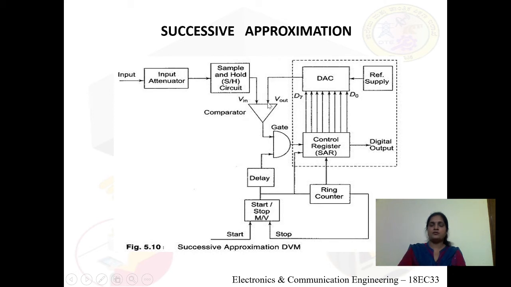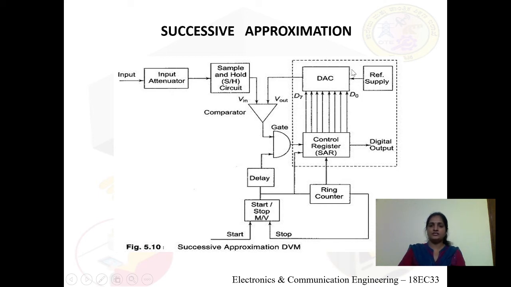and now the DAC will produce the analog equivalent value of bit D7. Now we compare that analog value with the input voltage. Until the completion of the setting of the D0 bit, that is the LSB bit, it will perform the same operation. Once the D0 bit, that is the LSB bit, is set to 1, it will complete the iteration.